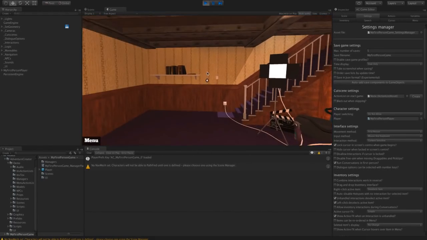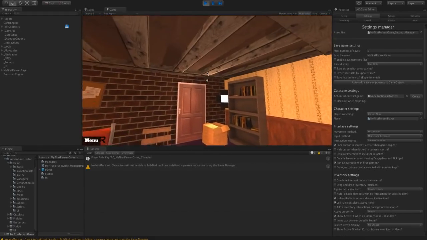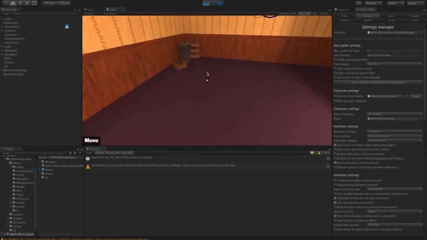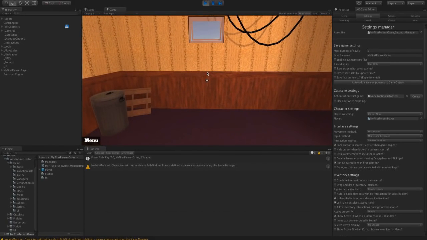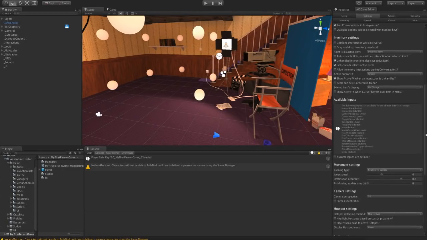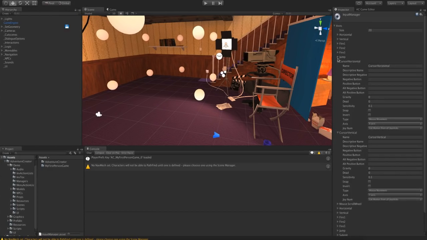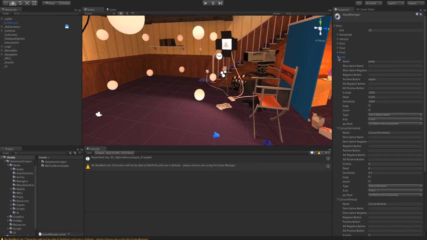Now we want to make it so that we can run and jump. Jump is already in here. It's already a Unity input axis. You can see again in our available inputs we have a jump button, and Unity already has one mapped to space by default.